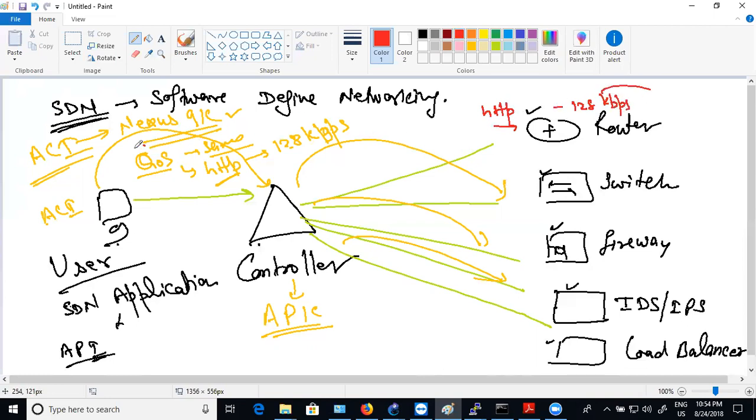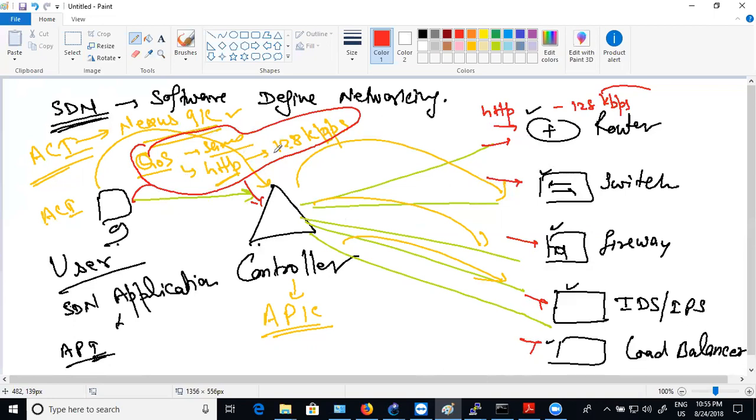So what I will do, I will create this policy. I will send that template to the controller, and the controller will push that template to all the devices. So it will put the same configuration on all the devices. It doesn't matter what is the language of that particular device, because the controller knows all the languages. Once you add these devices to the controller, the controller will get all the information. So through this controller, you can push the same kind of policy onto multiple devices. First benefit. Second benefit, let's say